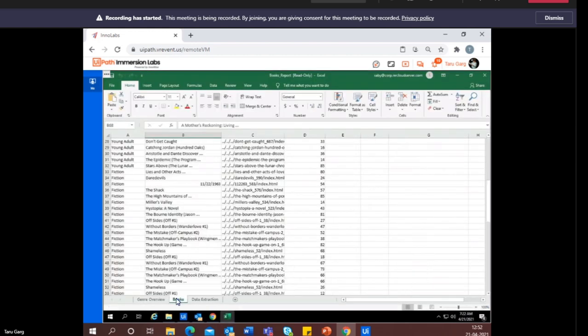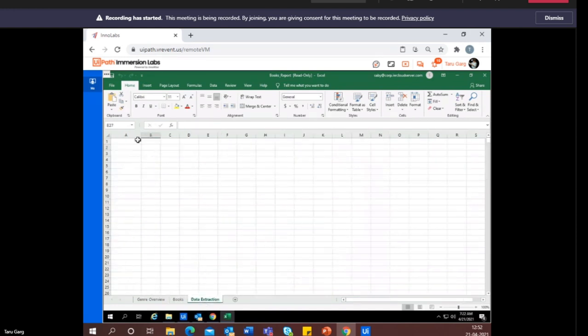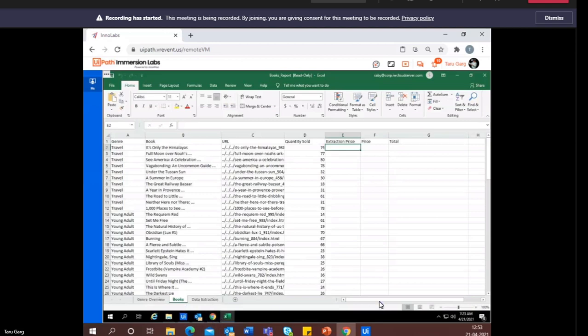Okay, so in the books sheet, if you see, here we have a column named extraction price, and here we have to write down the price for each and every book that we find here in the data extraction. Okay, once we do that,